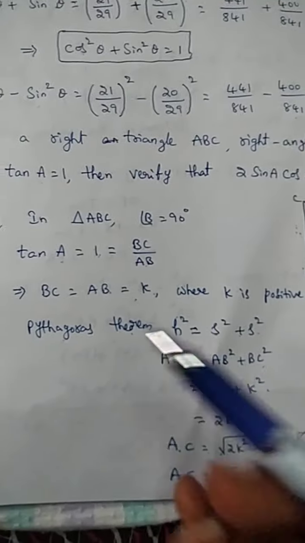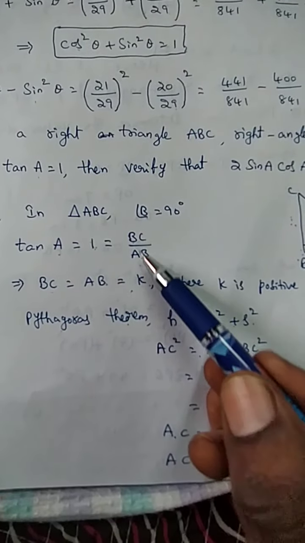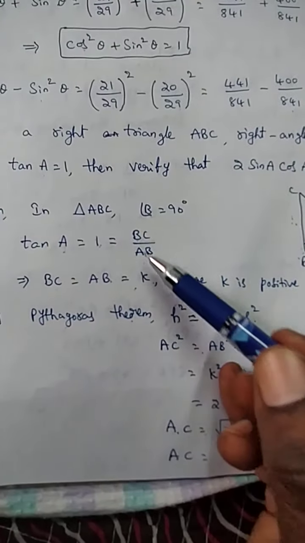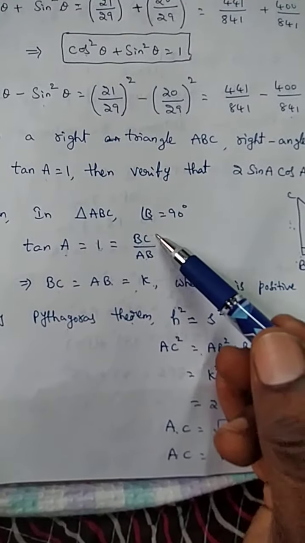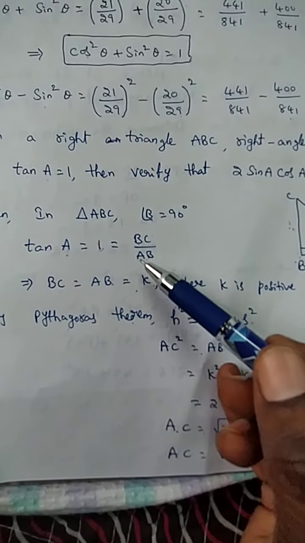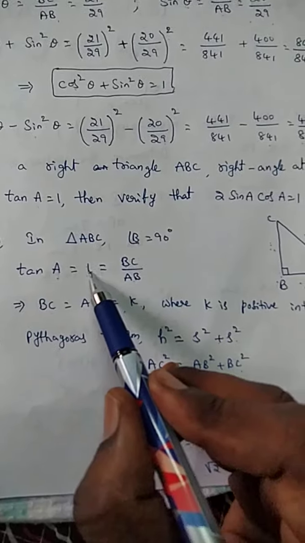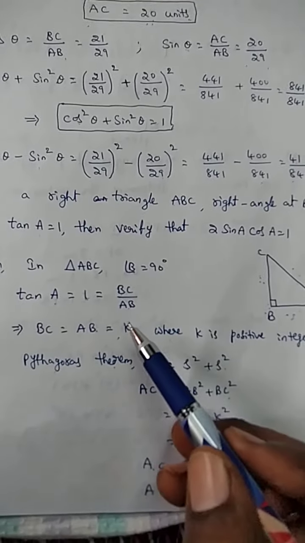So in the same procedure, tan A is equal to 1 means, for example, BC by AB, and the result is 1. BC is 5 centimeter, AB is 5 centimeter, 5 by 5 cancels and we get the result 1. Both numerator and denominator are simplified by a common factor, and then we get the result 1. By which common factor it was simplified, we don't know, so we just take K.